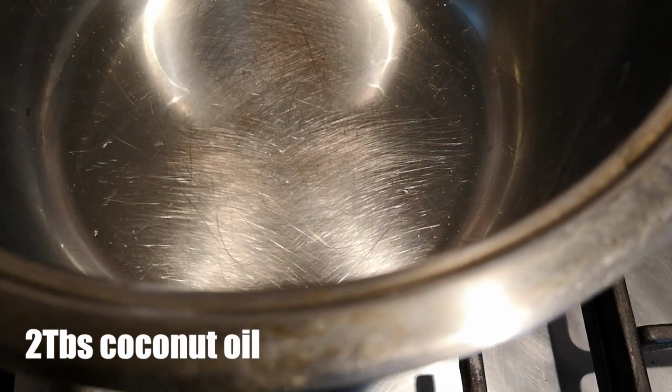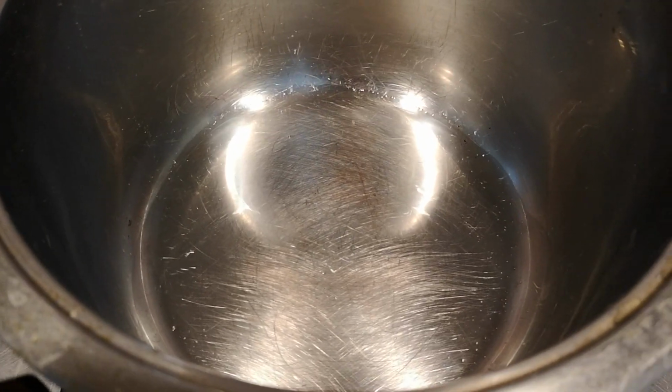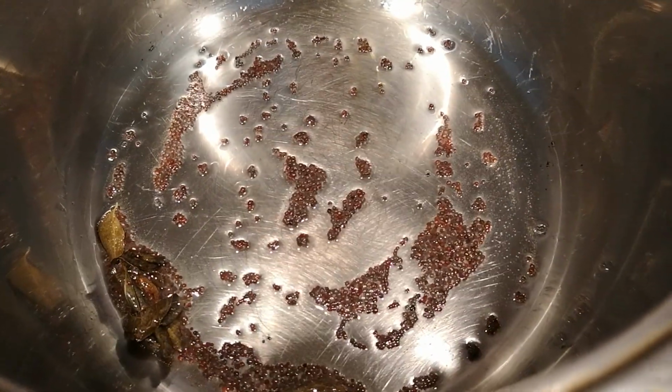So let it heat up for about a good minute on a high heat, then you bring the heat down. We're going to add in our ingredients. A teaspoon of mustard seeds and a few curry leaves. Once you start hearing the mustard seeds pop,